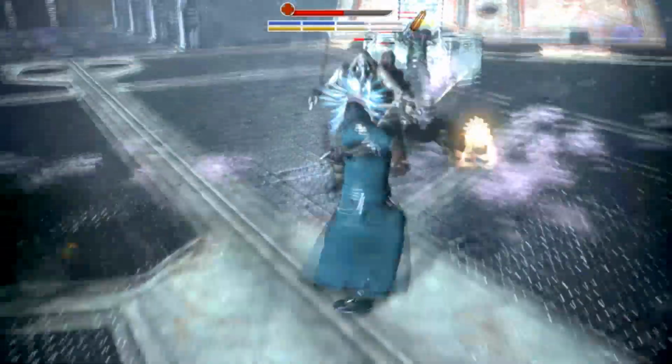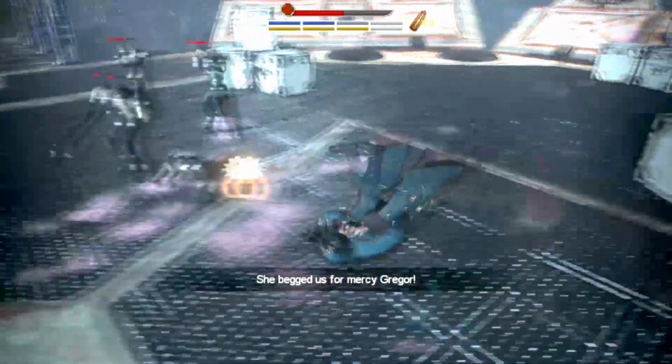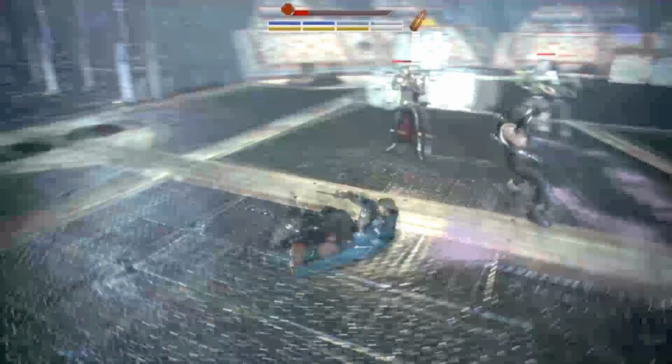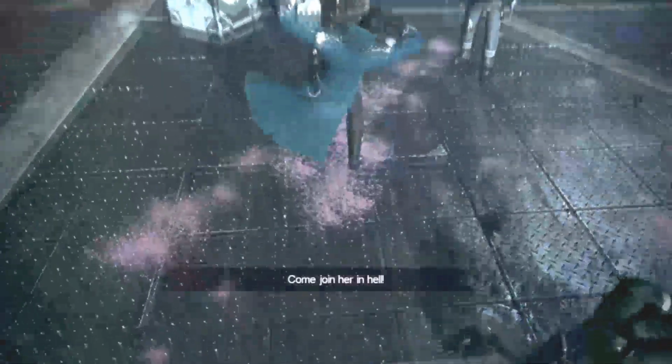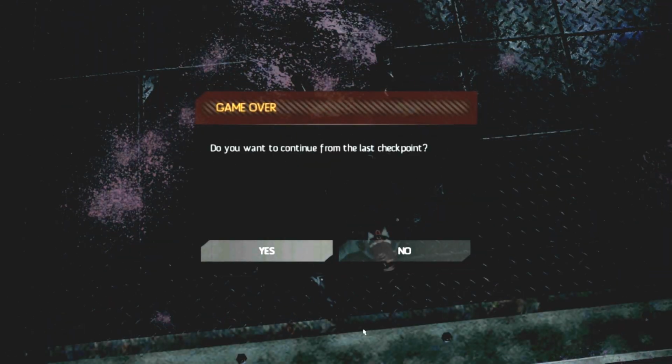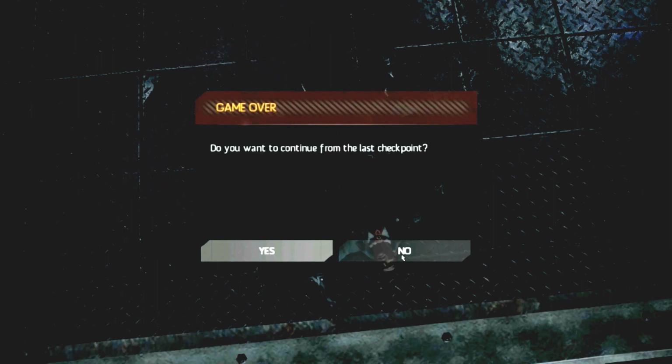I just unloaded my full ammunition, all of my ammunition basically, into that one dude. Maybe 1 or 2 bullets landed on the other, and that's how he just did practically nothing. Well, not practically nothing. It did take off some of his health. So ultimately, with fairly uninspiring combat and gameplay that falls a bit short in most of its aspects,